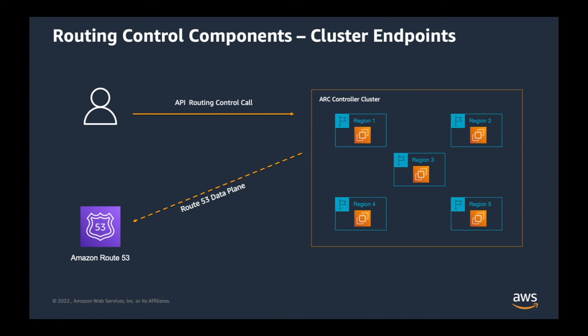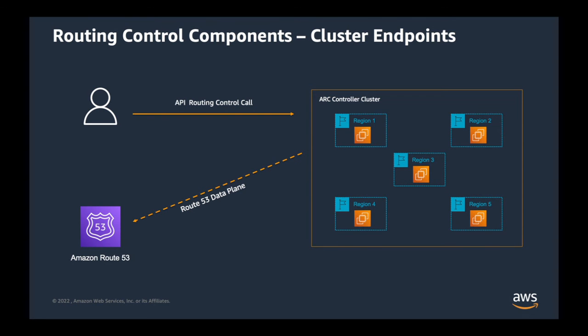Your process for accessing the endpoints should assume that ARC is regularly bringing these endpoints up and down for maintenance. So you should always try each endpoint in succession until you connect to one. If you are unable to connect to one, the likelihood of maintenance occurring in that region is possible. And you can access the endpoints to get the current state of the routing controls, whether they're on or off. This will allow you to trigger failovers for your applications by changing those routing control states.